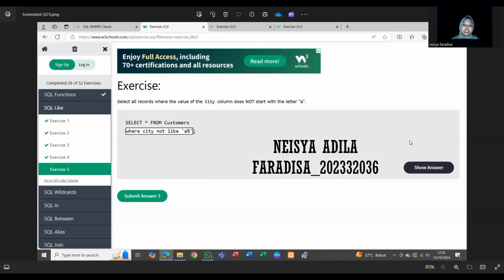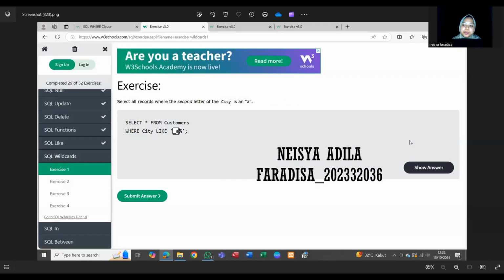Select from customer where city not like A%: the city column that does not start with the letter A will be displayed. Select from customer where city not like %A%: the city column that does not have a letter A in the word will be displayed.